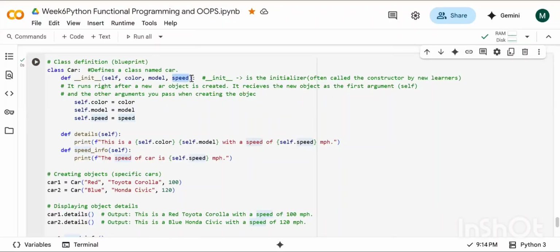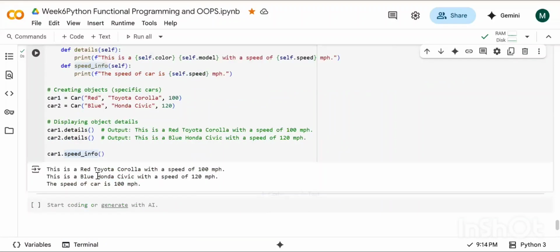My compiler is getting confused that I already have this characteristic and then I am creating a function with the same name. I just changed the function name to speed info and called it over here, and now my code is working. So what was that? It was a naming error.